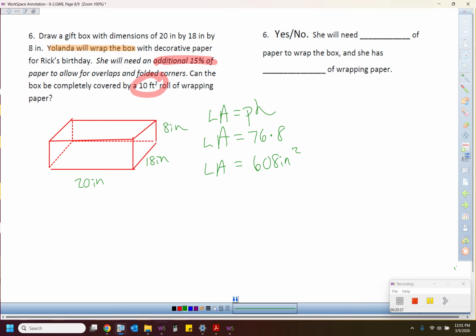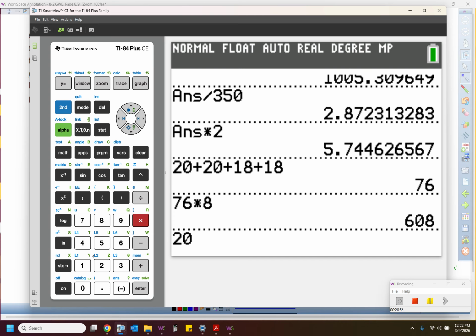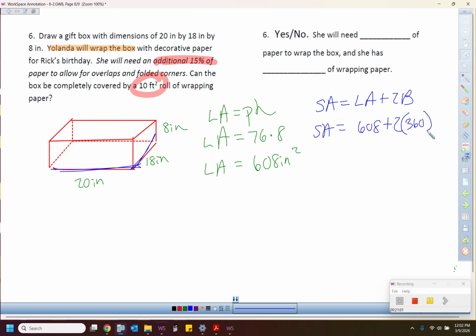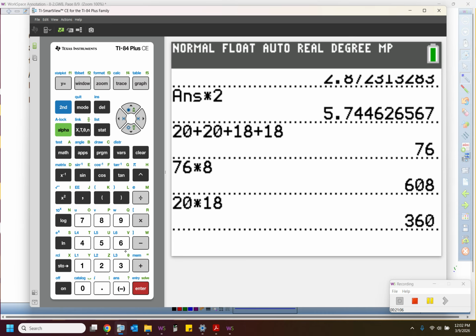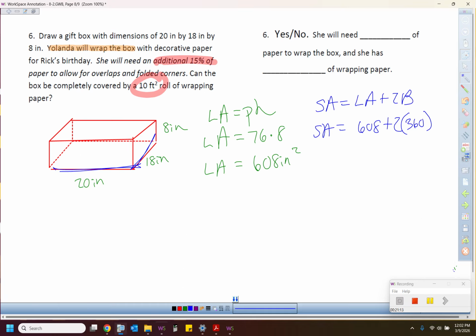But we also have to wrap the two base areas, right? So I need to get my surface area is lateral area plus 2 base areas. Surface area will be 608 plus 2 times the base. The base is just a rectangle. I don't need any work shown on that. Just do 20 times 18, and I got 360, but it's got to be there twice, right? Because you've got the 2 different bases. So 608 plus 2 times 360, and I got 1328